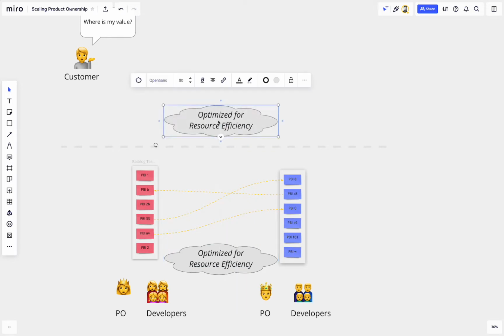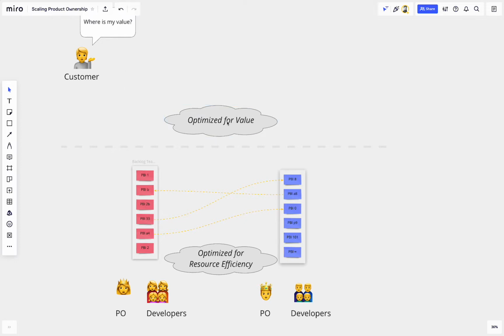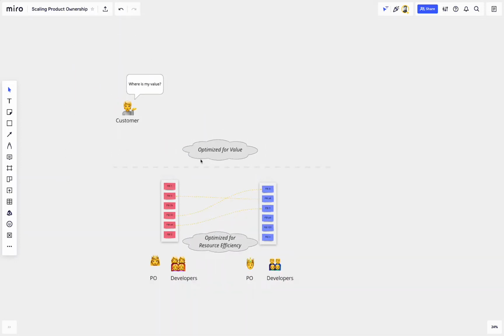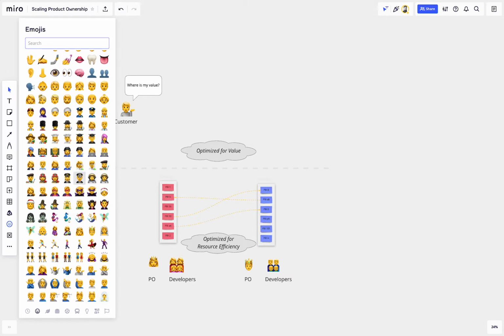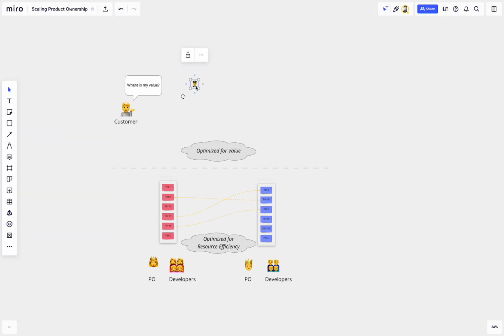The first thing we're going to do is, we're going to change what we're going to optimize for. So level one is just create this new layer and say we're going to optimize for value. Okay. So what does that look like? So we're going to call this the ManCom, the management committee team. We're going to name our chief product owner, so the boss of the two product owners. These two will probably be part of that team,